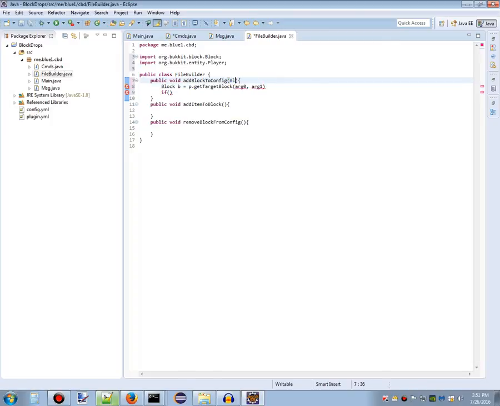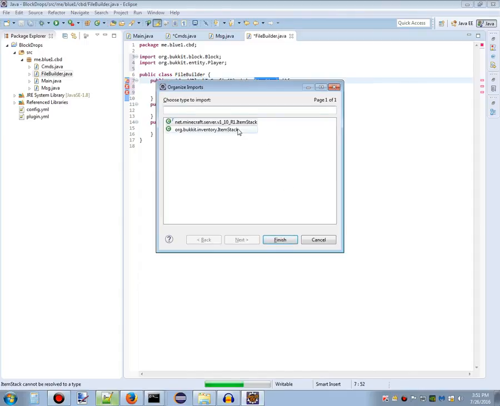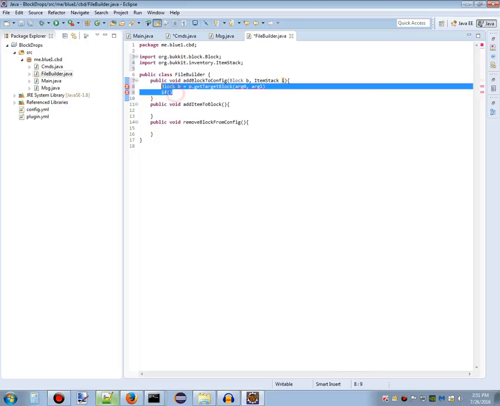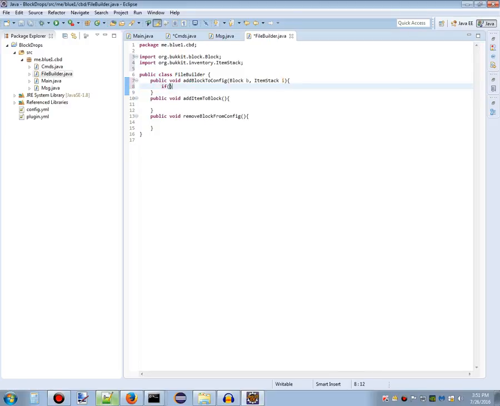Let's just take in the block for now. Block B, and we'll take in item stack I. Import that one. Alright, let's get rid of this. If